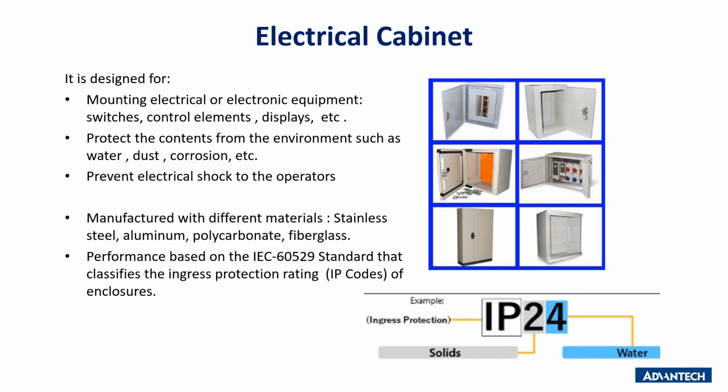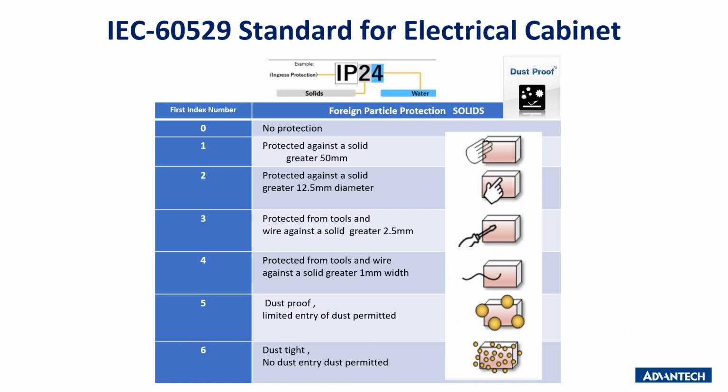Prevent electrical shock to the operators during their work. The electrical cabinets are manufactured with different materials: stainless steel, aluminum, polycarbonate, fiberglass. Its performance is based on the IEC 60529 standard that classifies the ingress protection rating, IP codes, of these cabinets. This standard IEC 60529 classifies the degrees of protection provided against the intrusion of solid objects and water in electrical